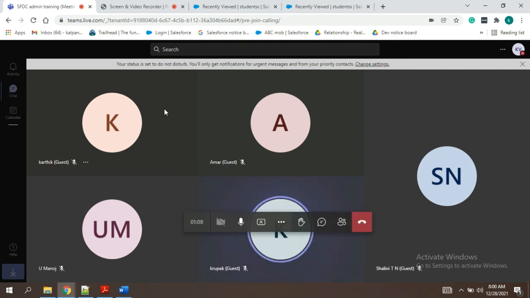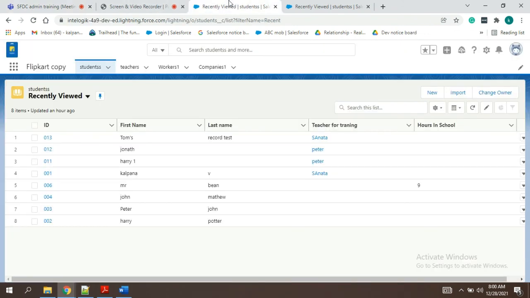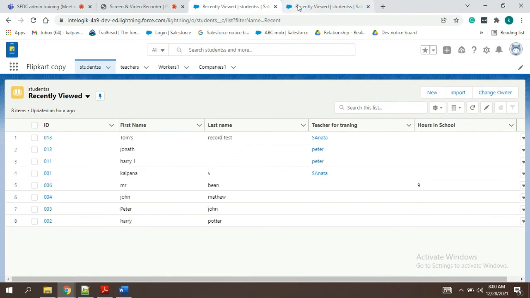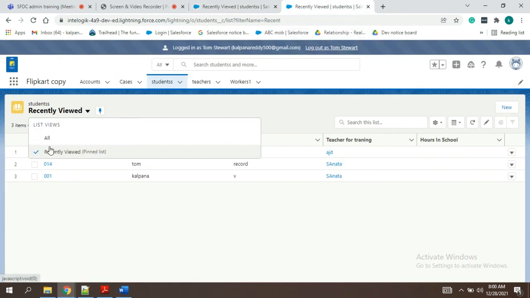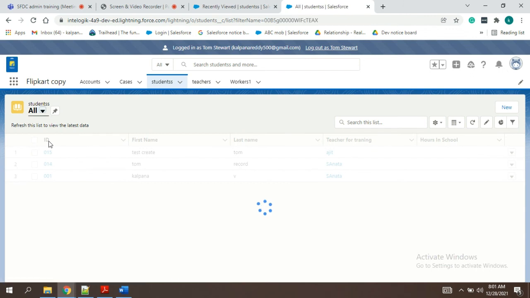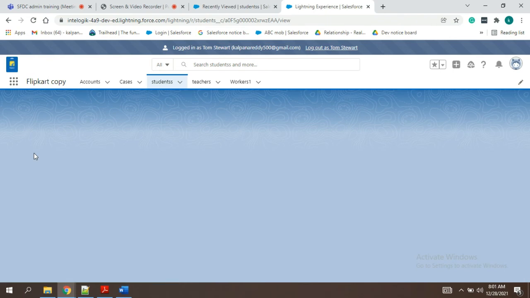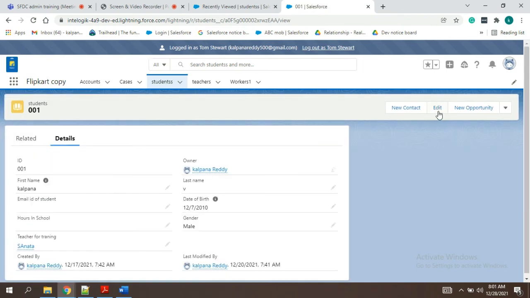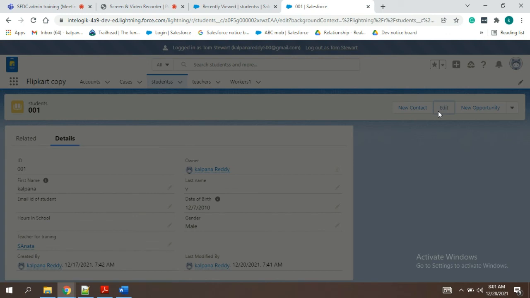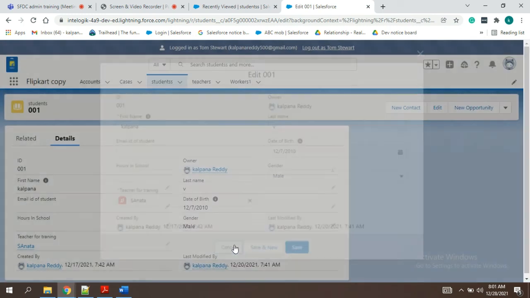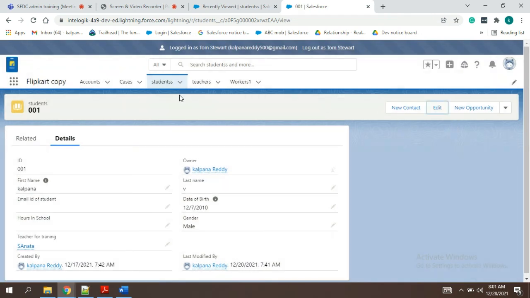Okay, hope my screen is visible. Now we have logged in as Tom. Tom should be able to see all the records as per the profile, and he should be able to edit and delete also. Now you can see there is a button for students. Okay, and we'll try deleting also.